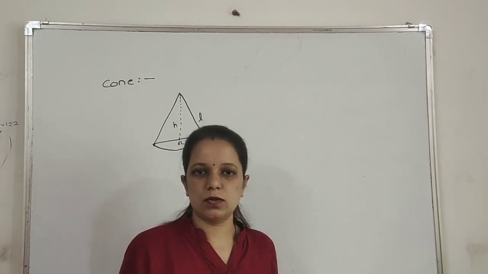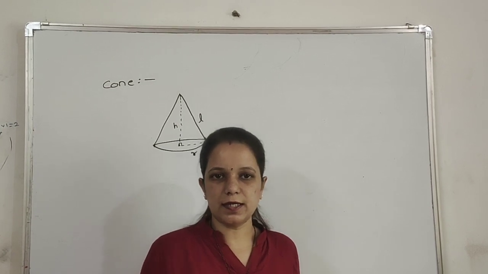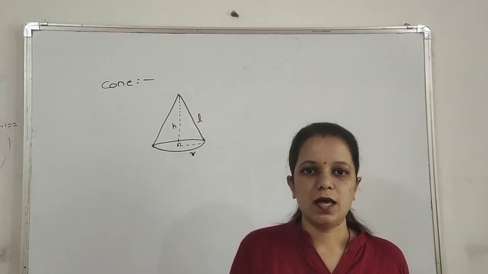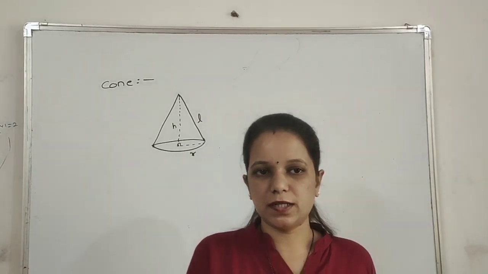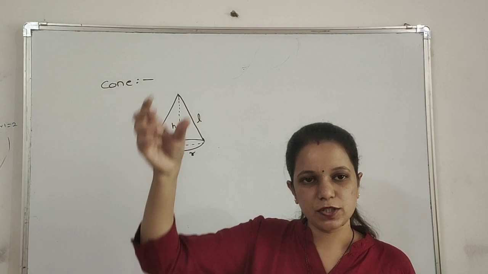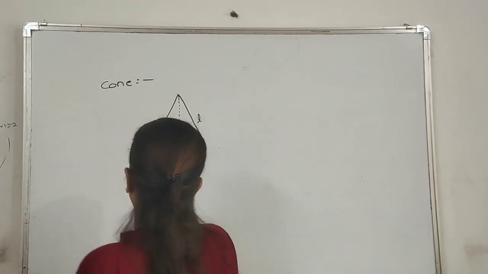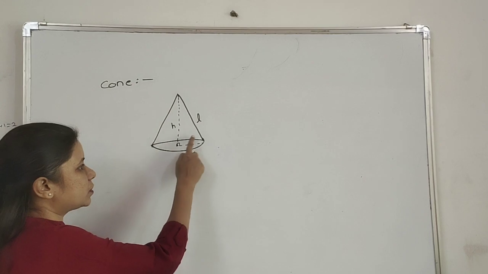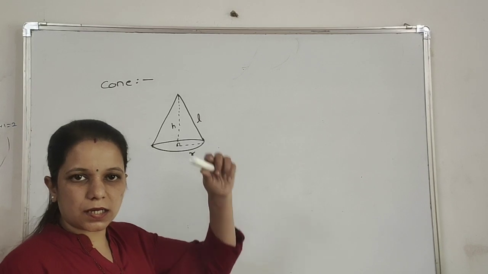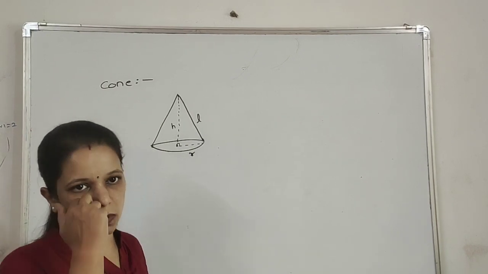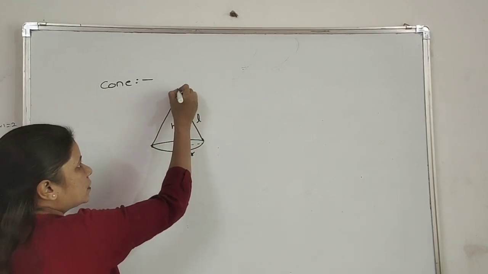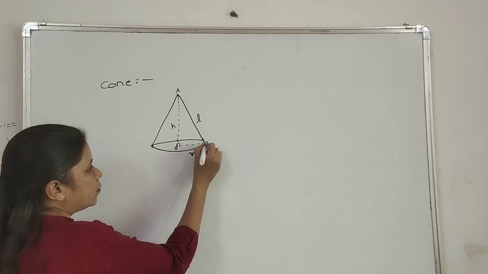Now we will go to the next figure, that is cone. All of you must have eaten ice cream, your favorite dish. Okay, the ice cream that you have eaten is in a cone. So that is your cone. I have just put it upside down. So a cone has a curved surface area. This is a triangle and circle. When you fix it together, it will form a cone. Okay. So now we will just name the cone. So here I will say A, this is O, this is B.